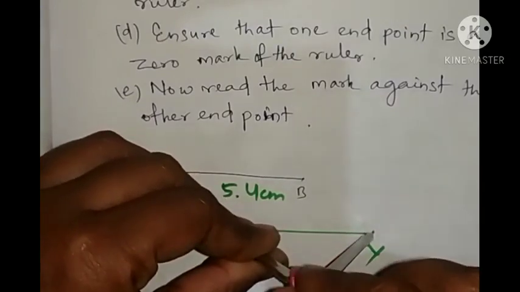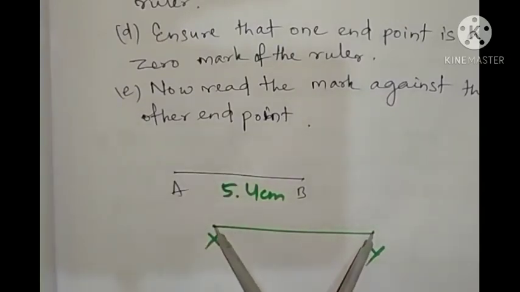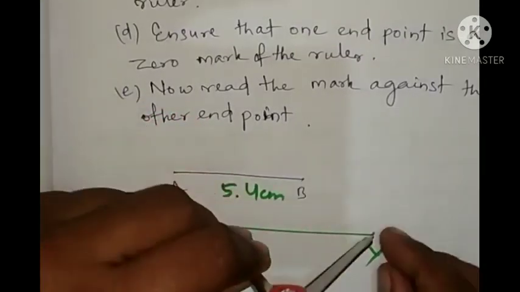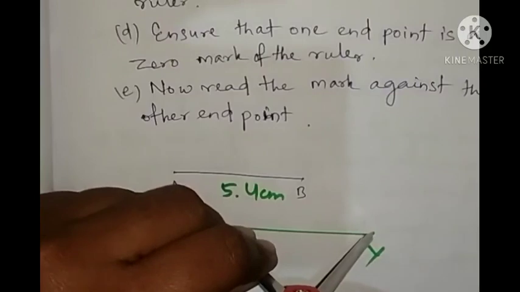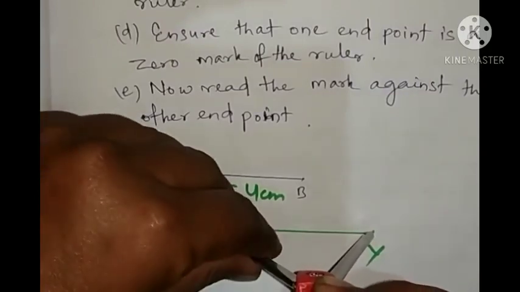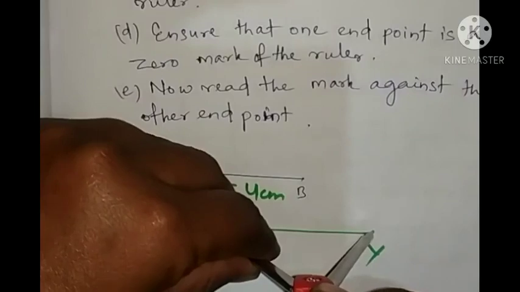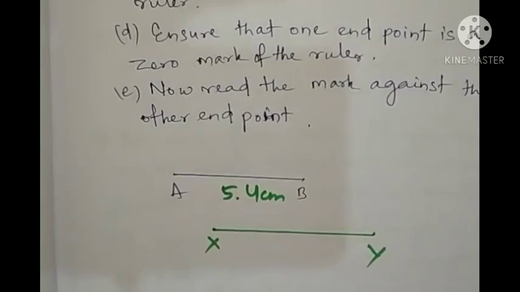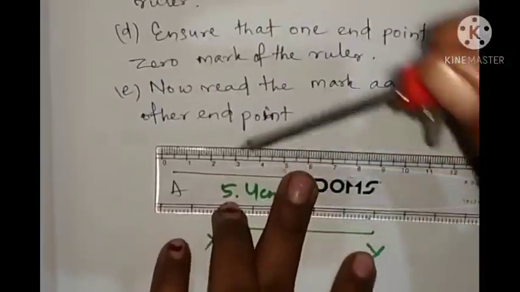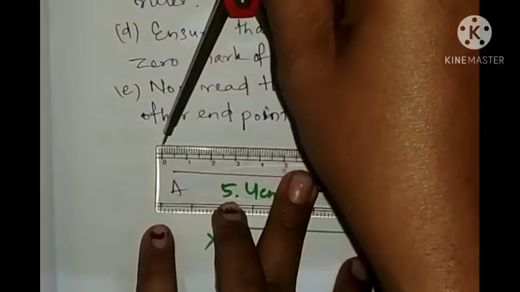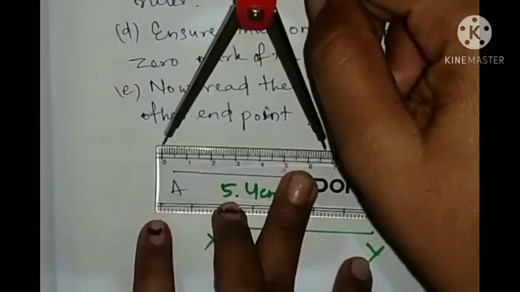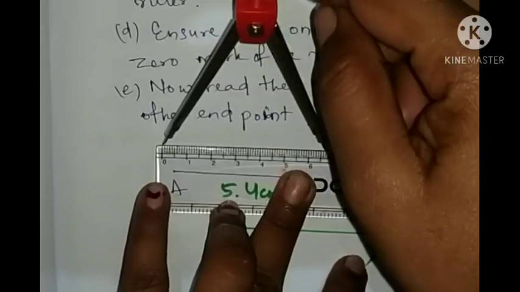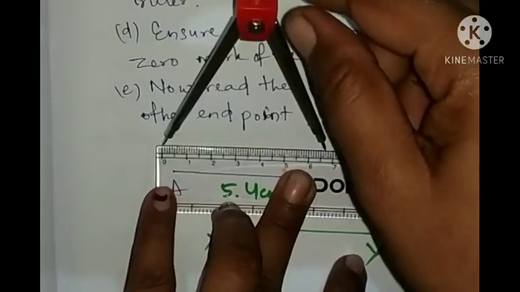Look, I have brought it. Then what have I got? I have got 2 endpoints on the divider. So keep it here. I have got the point. So what I'll do? Again, I'll take the ruler and keep it here and first end is at 0. Last end we'll see where it is.